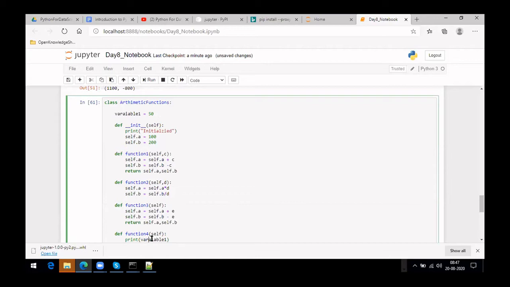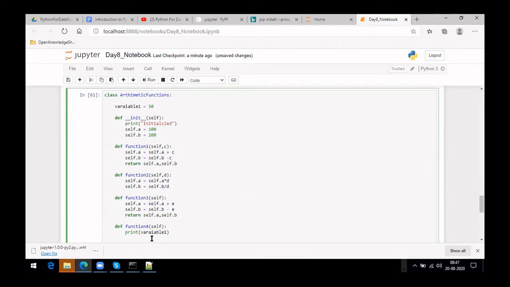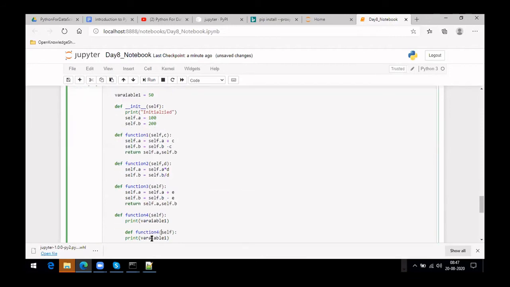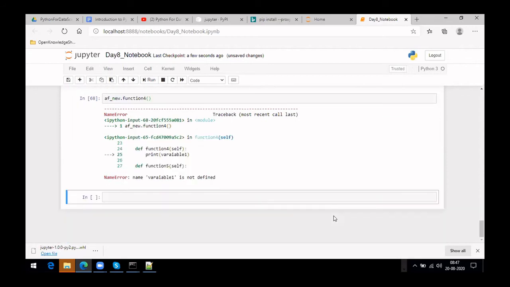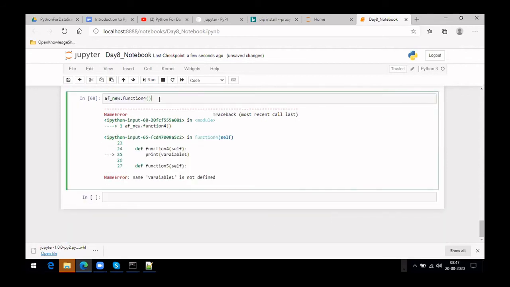Let's make it as a function. Okay, let me try this. Function 4 did not execute. Maybe function 5. Let's see if it will execute.